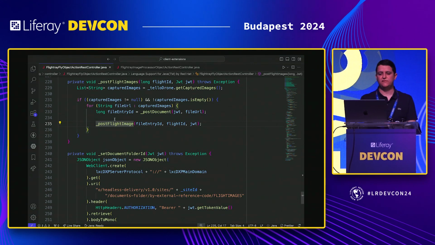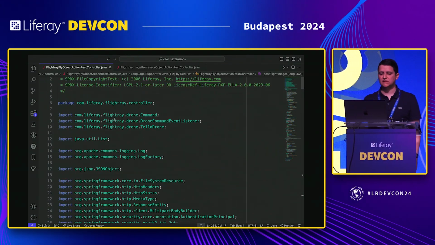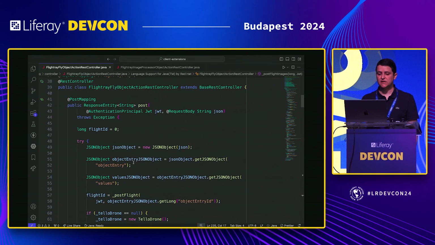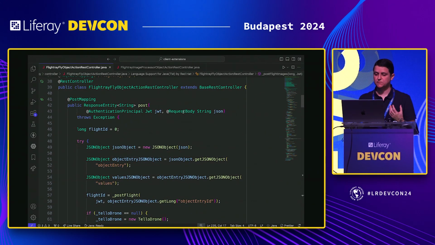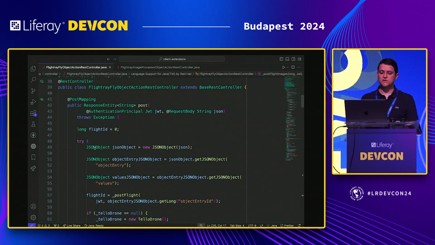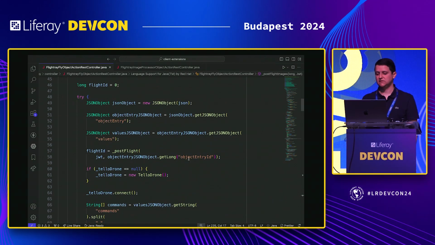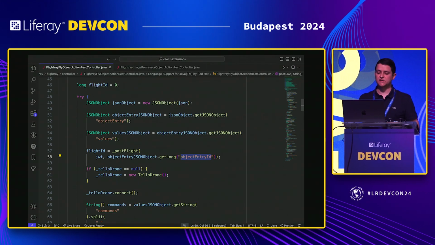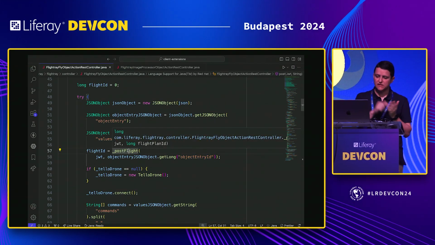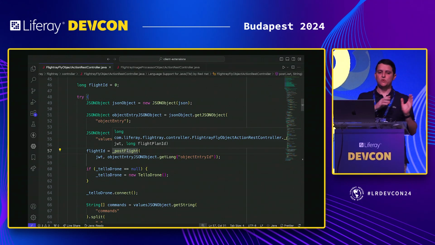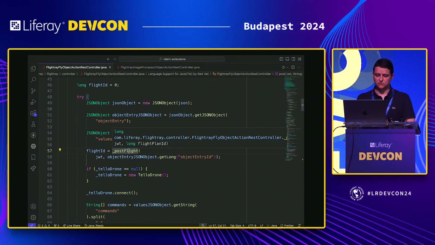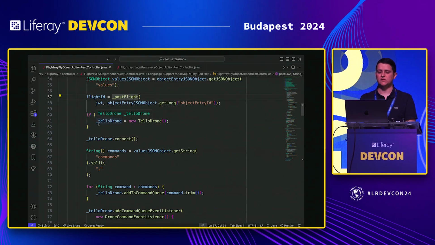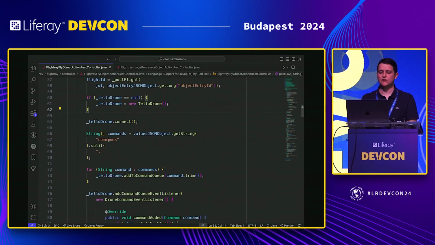Okay, so this flight class extension. When we trigger this class extension to fly, we invoke this method. We receive an object definition with the request body JSON. We transform it into a JSON object. We can get the flight plan object, the ID, and post the flight. So when we click fly, we will create a flight and store it using Objects. Then we will create a drone and connect with it.